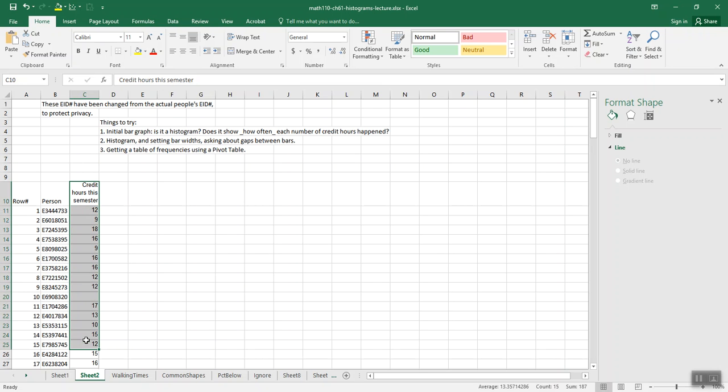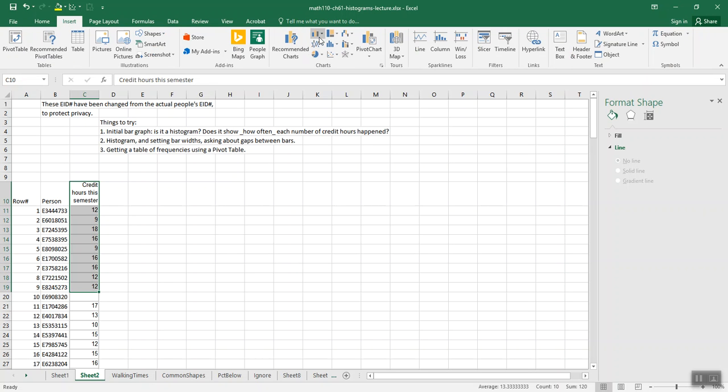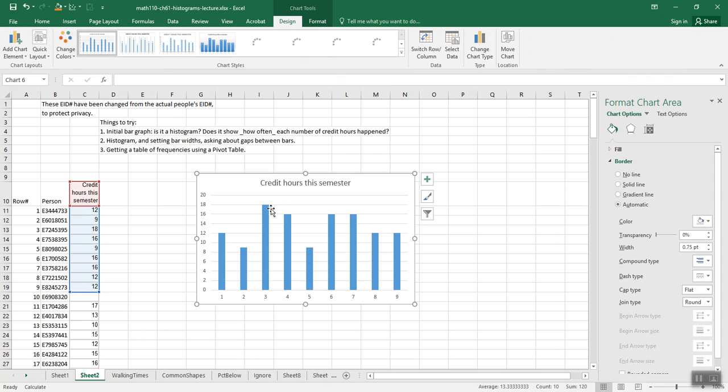So here's a bunch of their answers. It's pretty much the real data, but not exactly. And instead of putting people's names or their actual EID numbers, I just made up a bunch of random ones here. So if I make an initial bar graph, something like just highlight these and go Insert, Columns, like that,